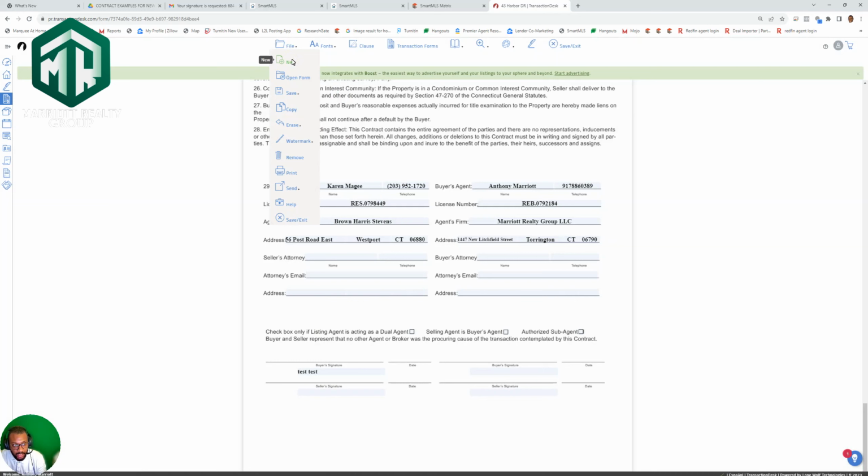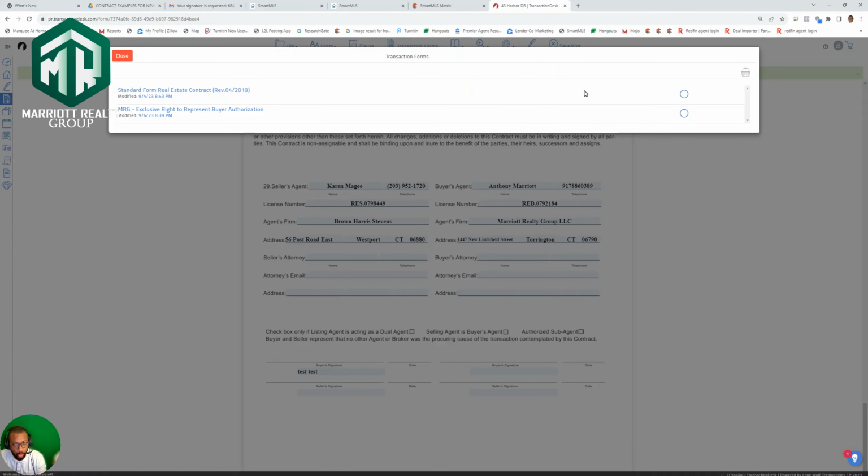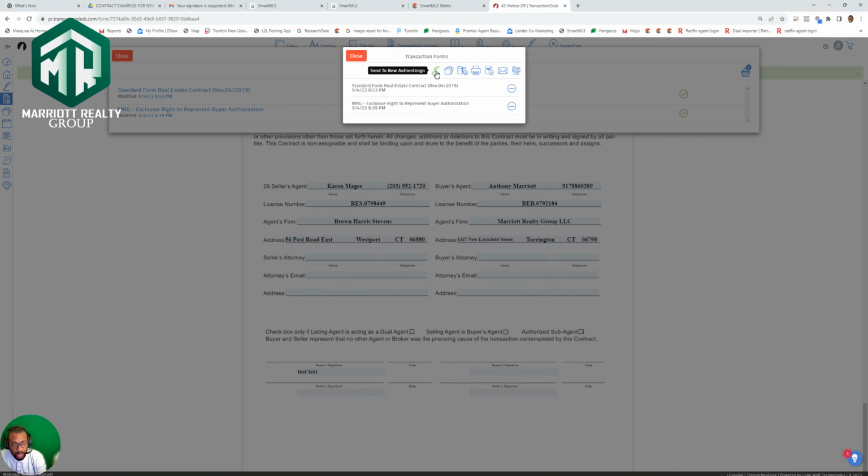All right, since we have multiple documents, you can either do the pen, that's for this document we're on right now, or we can go to Open Form right here. Open Form. Check the boxes for the documents you want to be included. On the top, you will have the pen again, but we're signing for all these documents. You can copy the documents, download it, print it, save it as PDF, send it as email, and not a lot of people know that we can actually fax the information out. So I'm clicking the pen,